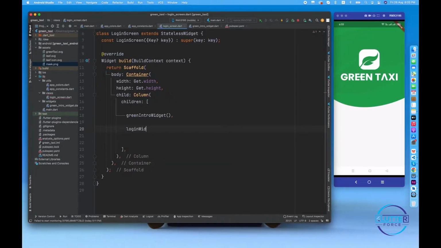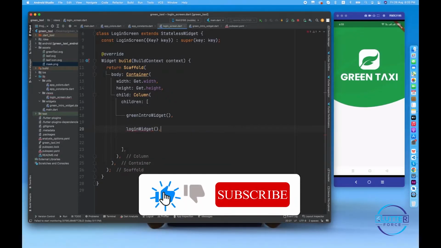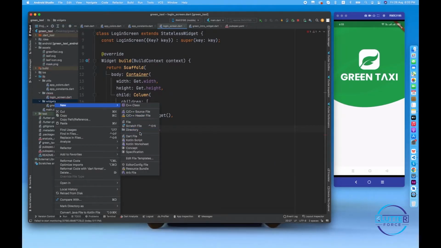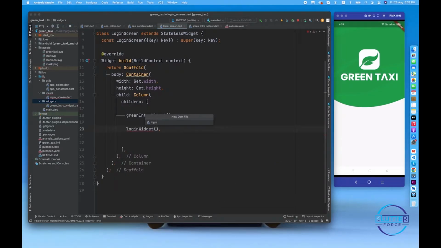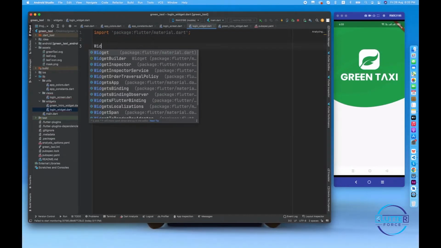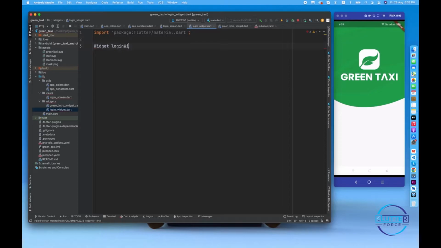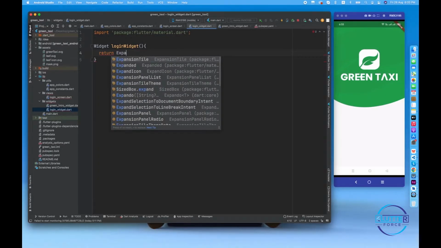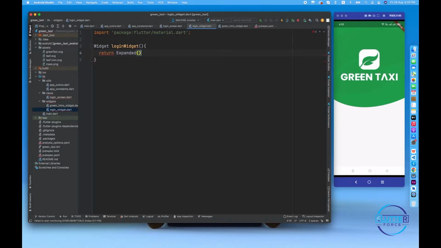Let's create this widget inside the widgets folder, login_widget, and this is going to import material as always, and I'm going to call the widget LoginWidget. And from here I'm going to return Expanded, because the remaining area will be occupied by this widget,